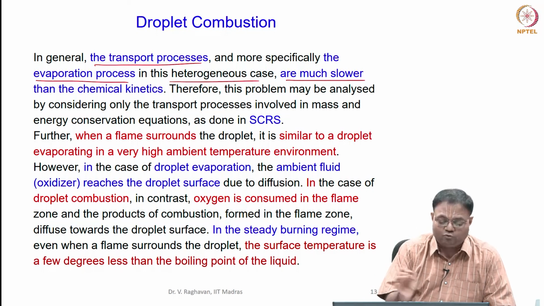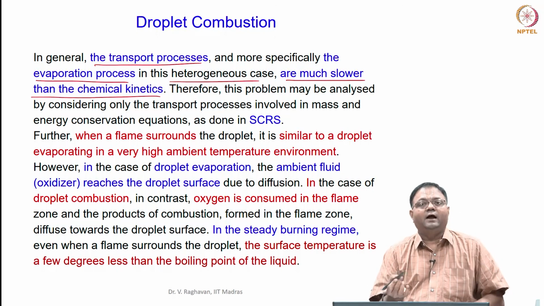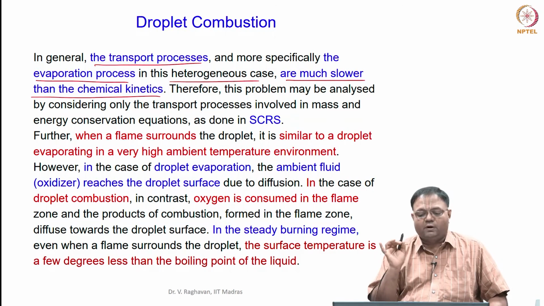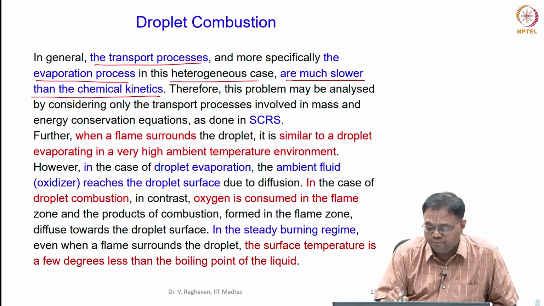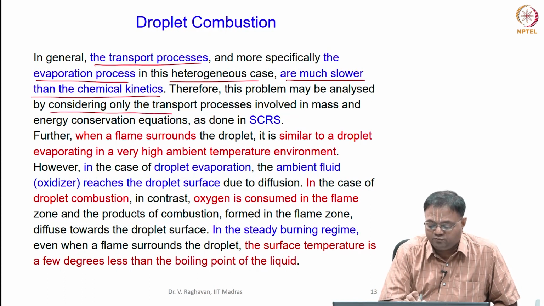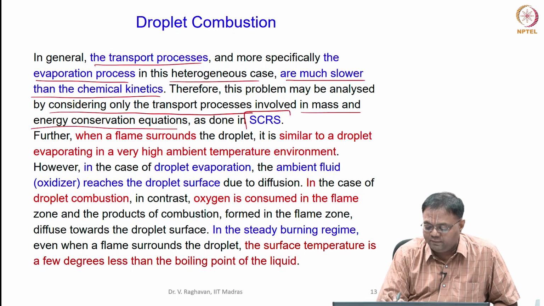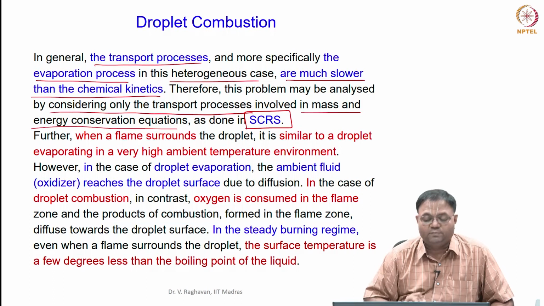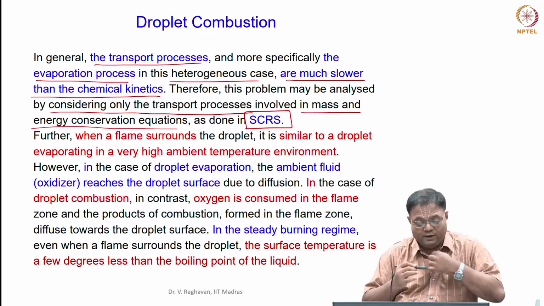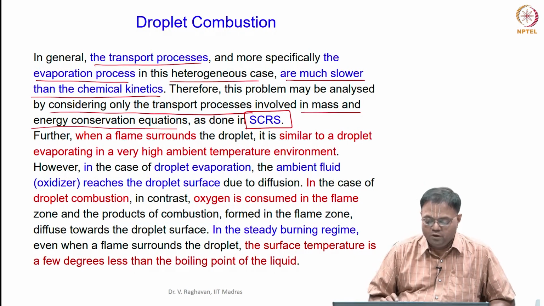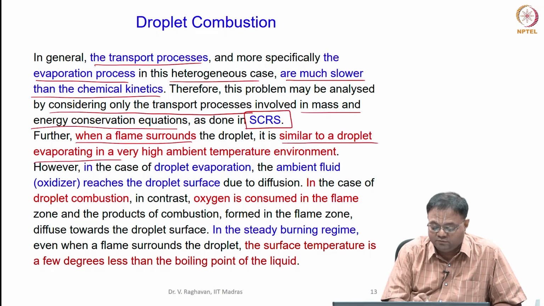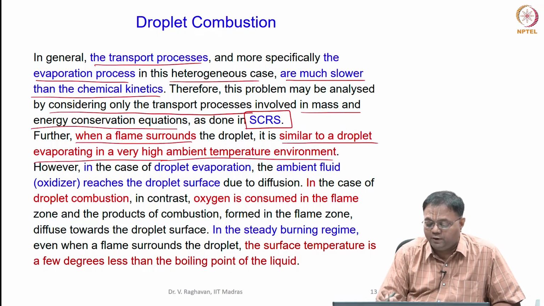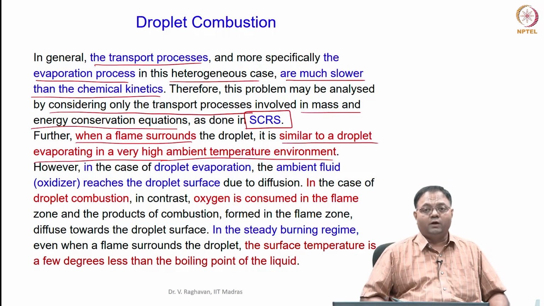These processes are much slower than the chemical kinetics. So, that means that I do not need chemical kinetics at all to analyze a droplet combustion problem, especially when it is surrounded by a diffusion flame like this. So, this problem can be analyzed by considering only the transport processes in mass and energy conservation equations, as done in the simple chemical reacting system, SCRS. We already discussed that. So, we need not invoke any chemical kinetics here. Then we will see some characteristics. When a flame surrounds the droplet, this scenario is similar to a droplet evaporating in a high ambient temperature environment. Okay. So, if you go back,